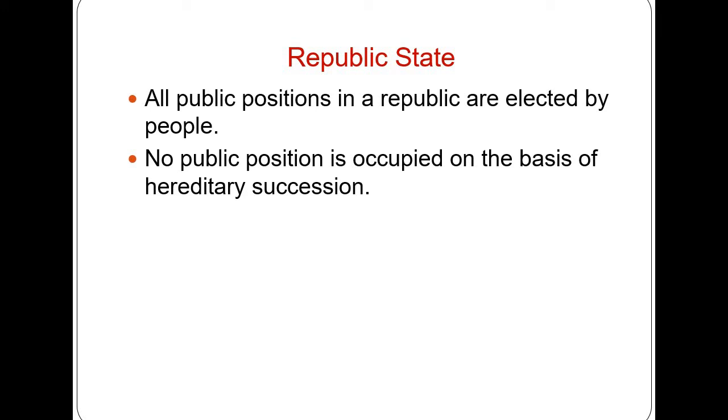He is not having a family, he is not having a son. But if he would have got a son, he would not sit on the position where his father was sitting. That means the public position is not occupied on the basis of heredity, but